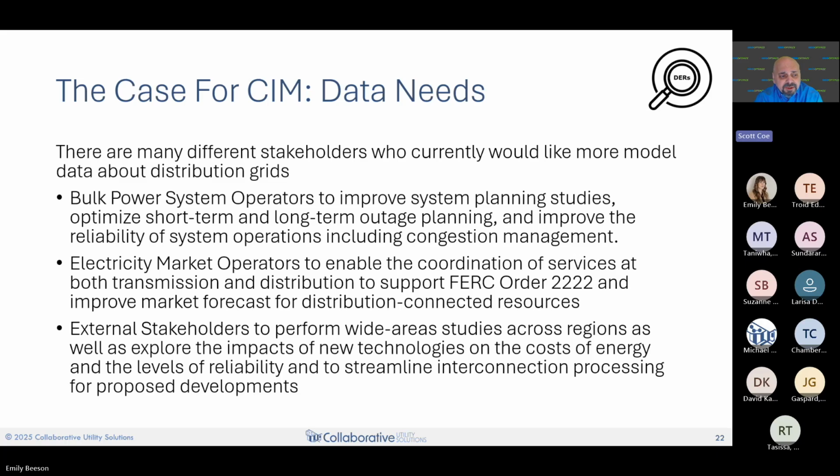So you can think about a bulk power system operator, one of the ISO RTOs, primarily here, starting to look at what's going on in the distribution grids below them, thinking about long-term planning, thinking about shorter-term congestion management, and up-to-date and frequent changes to what's going on with the distribution system. Where are there outages? Where are there upgrades being done? Having that in a standard way that a bulk power system operator could then grab multiple models in all the same format and stitch them together to get a wide area view would be very, very useful.